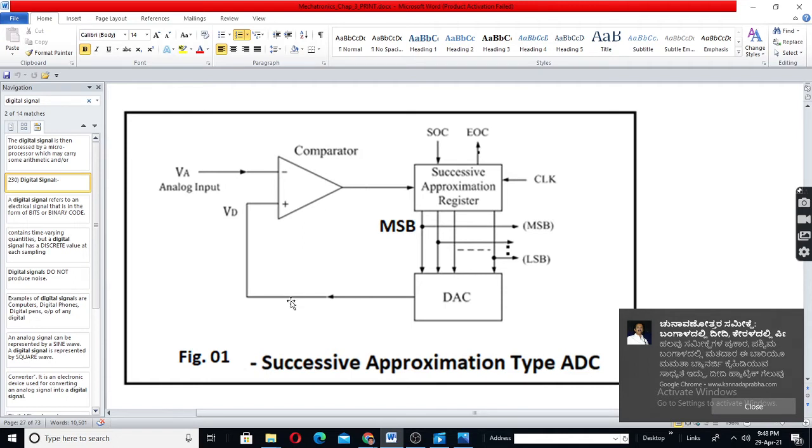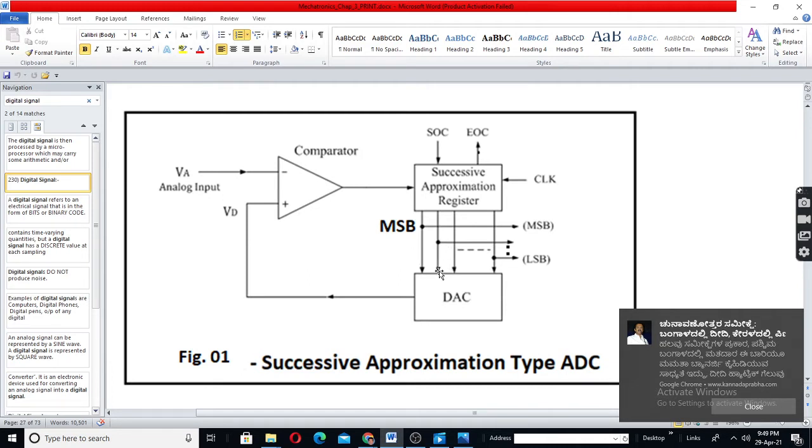Now this is 4 volt, this is 5 volt. This is higher, this is lower, so output will still be low. It will now understand that the analog input is more than my encoded value, so I have to make the next bit high. It will make this also 1, so here you will get 1 1 0.